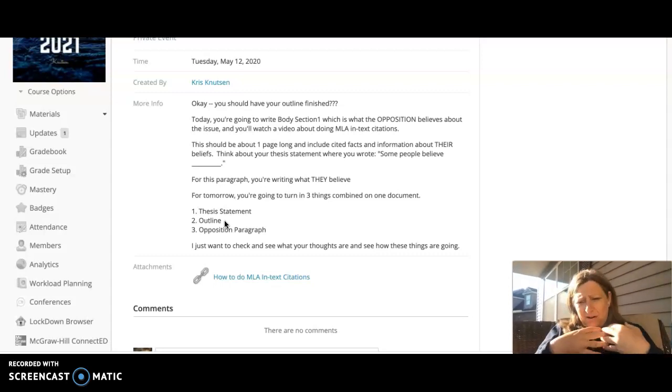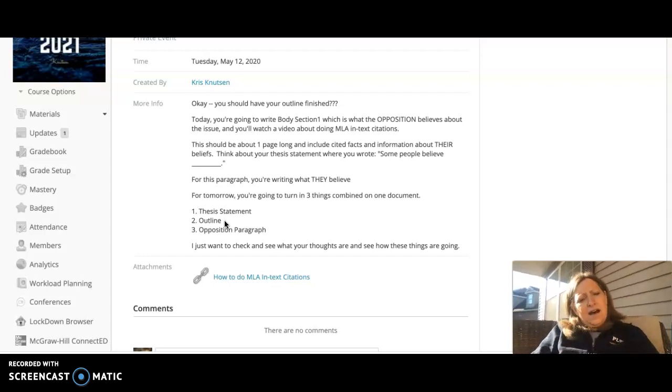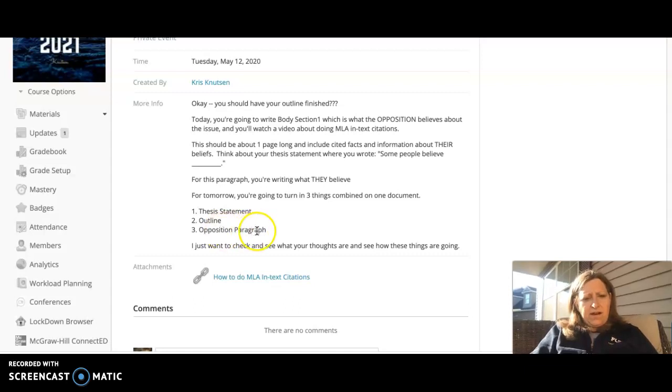And then I want to see that roadmap so I can kind of tell where you're thinking about going and give you some feedback. And then I want you to cut and paste that opposition paragraph onto that document as well. So you're going to be sending that to me for Wednesday.